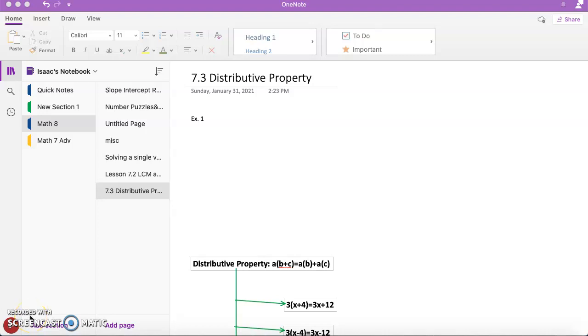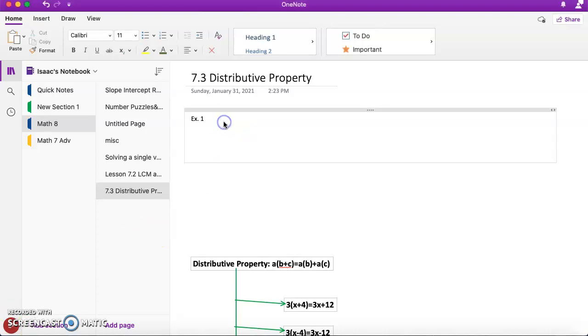Good morning, everyone. Today we're going to be talking a little bit more about the distributive property. I know we've gone over it a bit here and there amongst other lessons, but today is going to be devoted specifically to the distributive property itself. So the reason we need the distributive property, or at least the reason it's useful, is let's say I've got